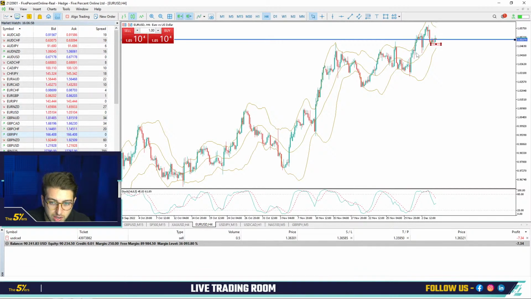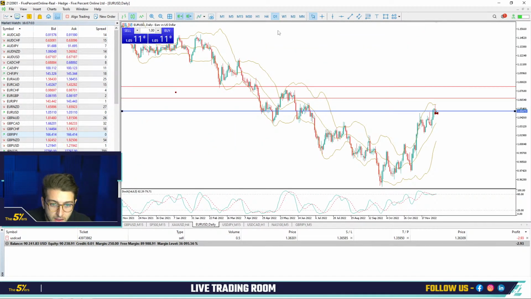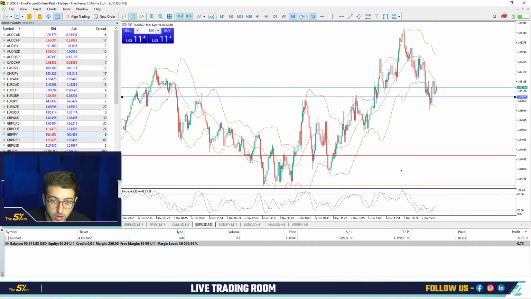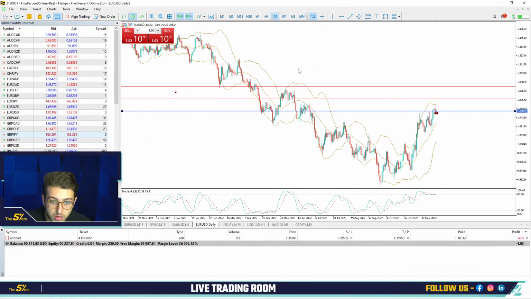I think the zone that we are playing around here in the EURUSD is not the best for me. I'm waiting a few pips above. This zone here will be the key zone for me, as I explained yesterday during the weekly forecast, guys. It was a good spot for me because it's coordinating with a lot of points.